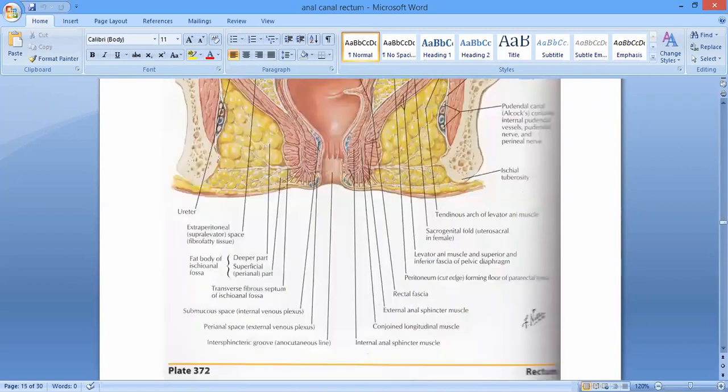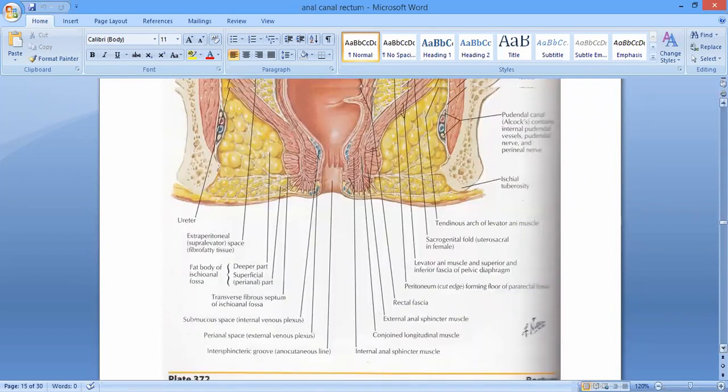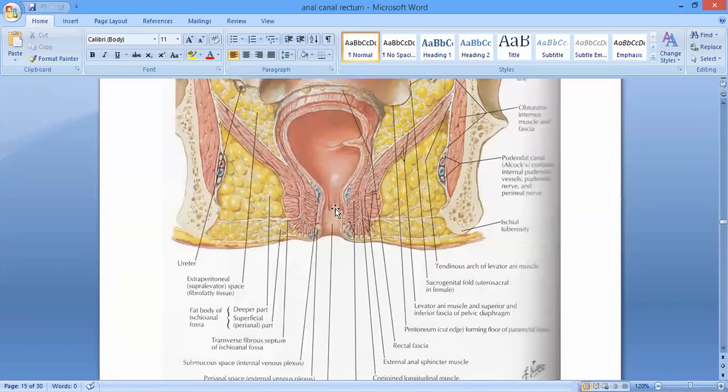Okay, and here you can see this anal canal over here. An anal canal is related with this fatty structure over here, right? And this space, which is filled with fat on both sides of the anal canal, is called the ischiorectal fossa, right? So in the anal triangle, we have the anal canal centrally,